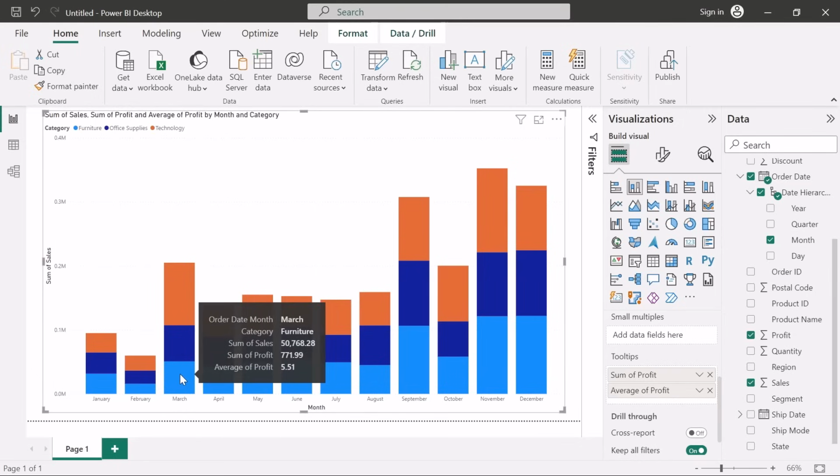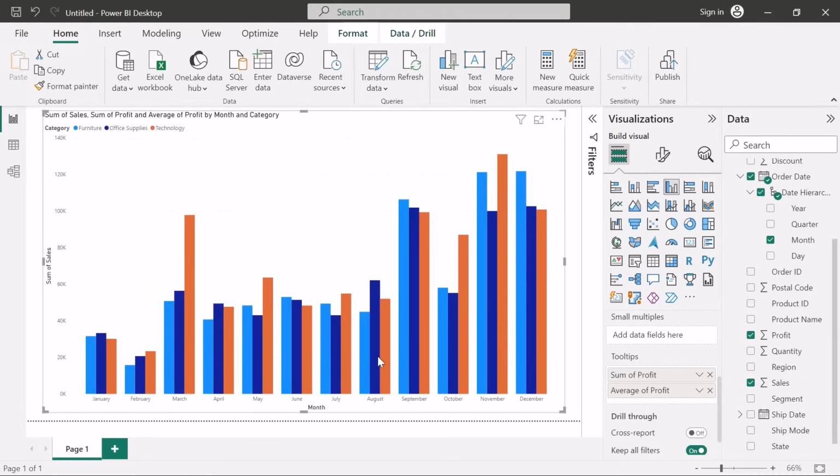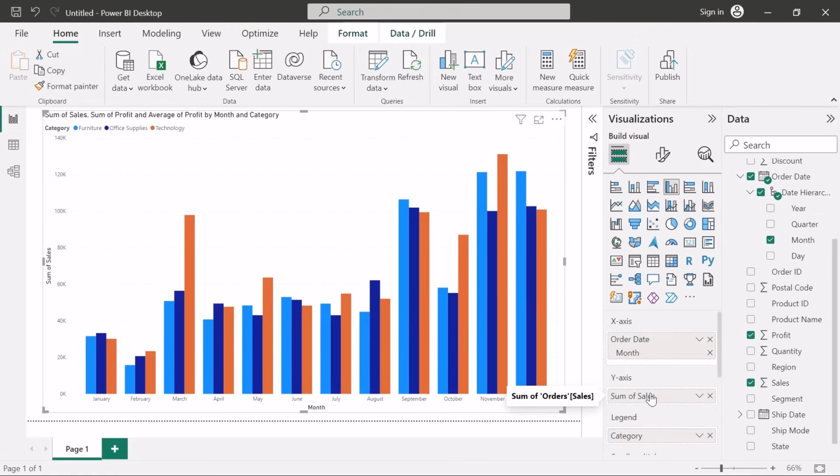So on the tooltips, you can add as many things as you want, right? We can also add, let's say, different dates over here, the year, the day, or something like that. So it really works. Let's come back to our previous chart that looks like this. Okay, so moreover, we can also work with